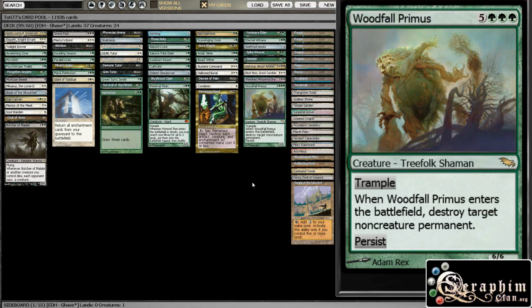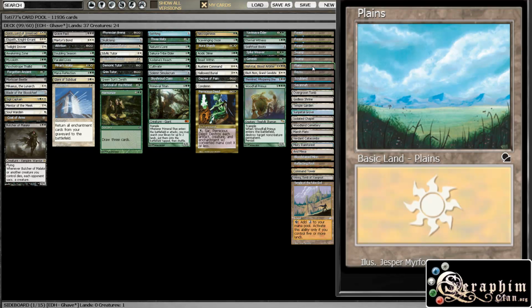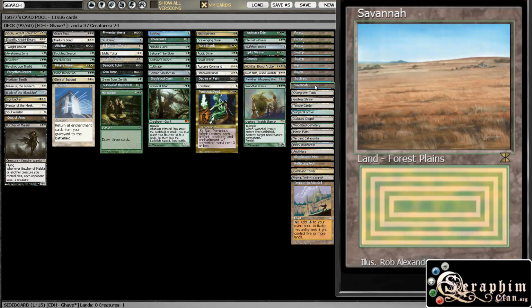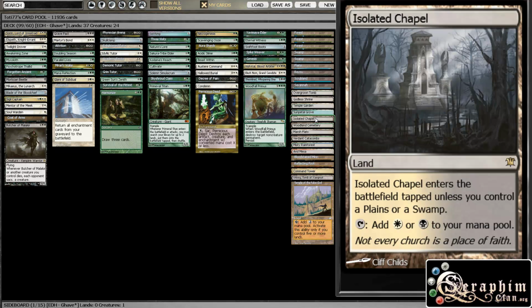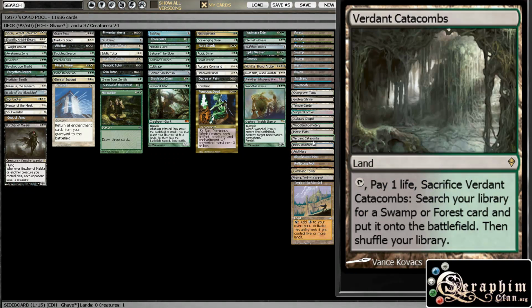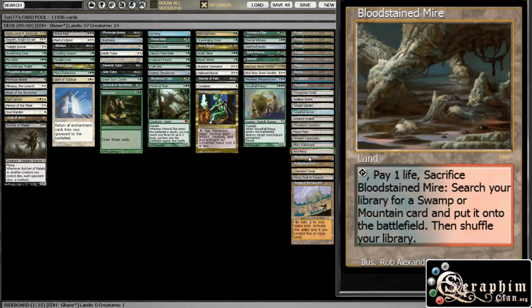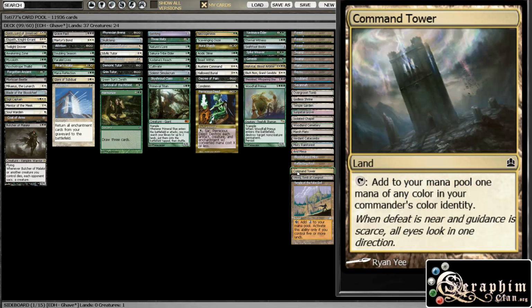On to the lands then. We have a couple of basic forests, swamps and plains, then all of our old duals, the new duals, the M10 version of the duals, and then all the searchers we can fit in here, and stuff that goes into every single commander deck, like Reflecting Pool, Command Tower, and then Urborg